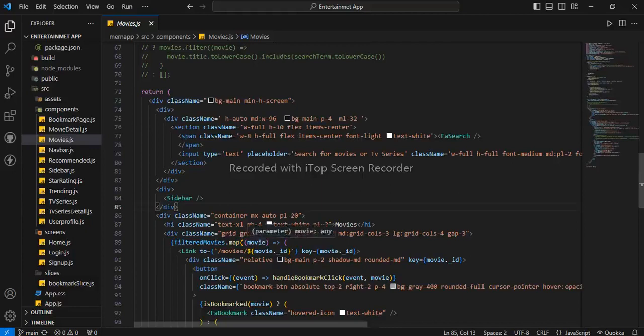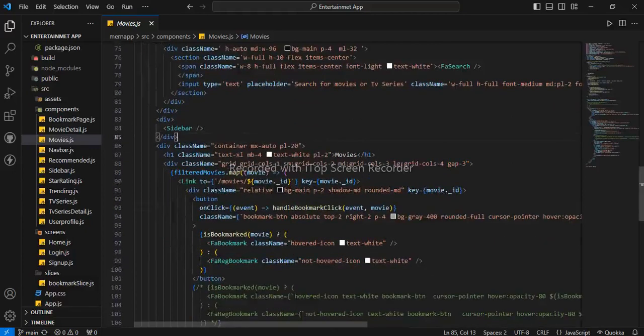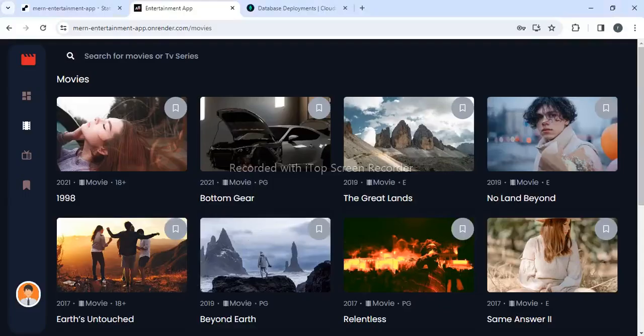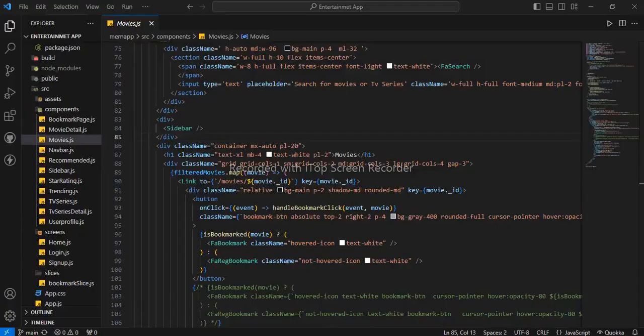All the movies are here. Now one thing we have done: when you click on the bookmark, in the front end you have a bookmark option. When you click on this item, like I have clicked, it gets bookmarked. So how all this performs, we are going to see in the code. See this button, when you click on that bookmark button,